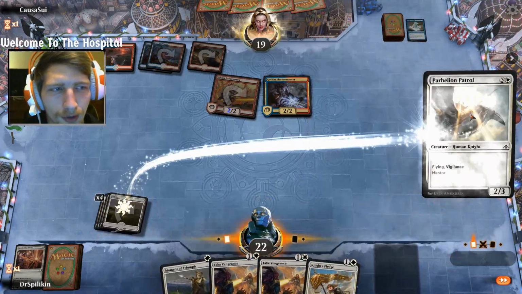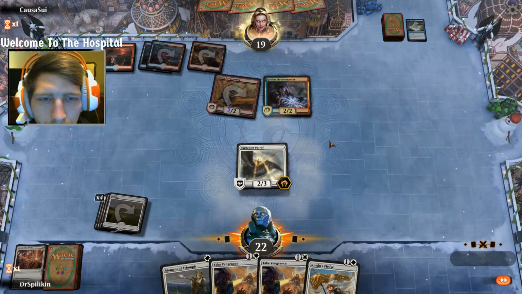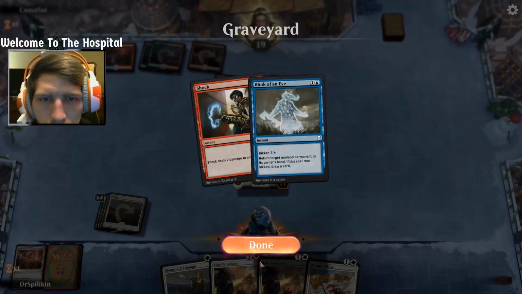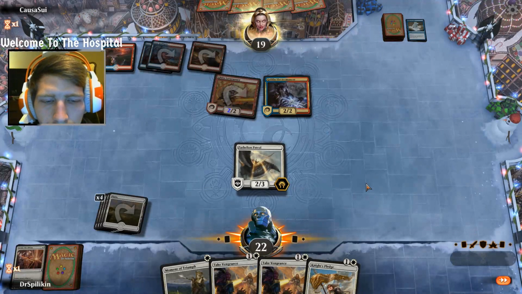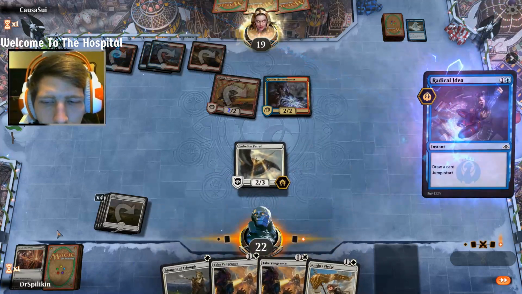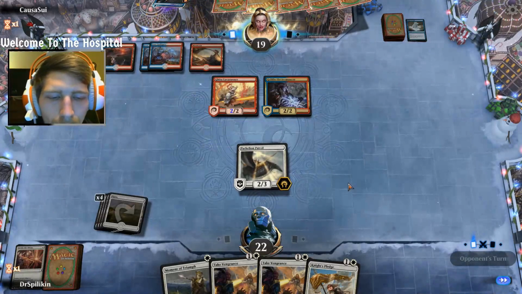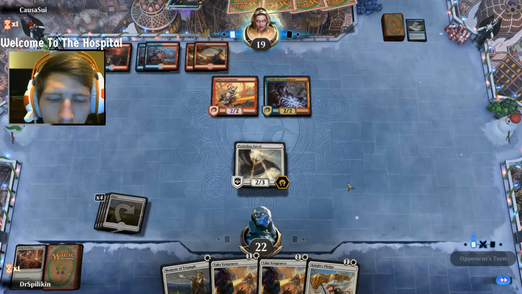Drawing a land there is huge, so we can play our Parhelion. And he played a Electromancer as well, so that's a little scary, not gonna lie. Our Take Vengeance also won't work on the Electromancer, but Luminous Bonds won't help us there either, so...